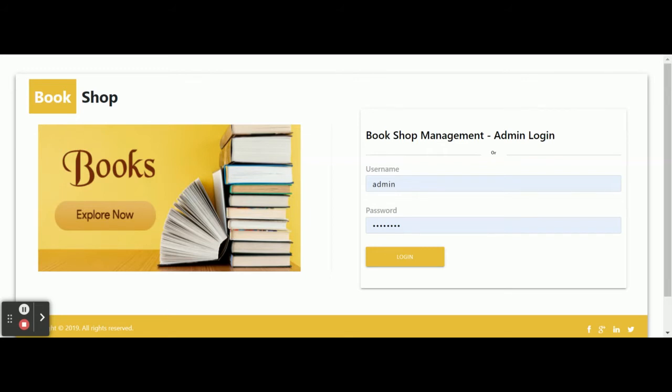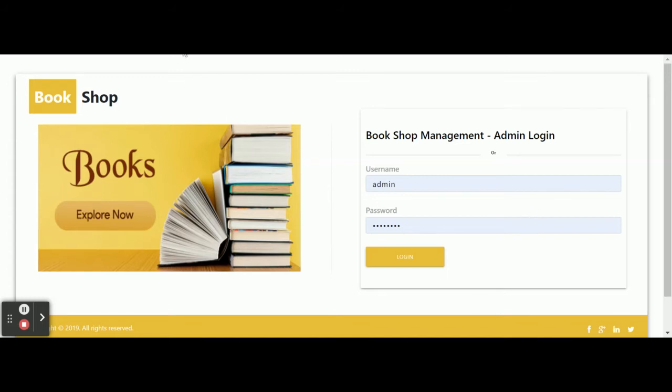So the project title is Bookshop Management System, and it's a Node.js, MySQL, and Angular based project. It's a mini project because it has only admin login. Admin can perform certain operations. After running this project, there are two types of application running behind it. The first one is a client, the second one is a server. The server is developed in Node.js and the client has been developed in Angular. Once you run the client and server, then you will get this page.